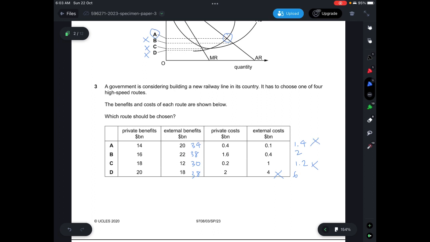So that leaves us with either B or D. And if you compare B and D, of course, the private benefits and external benefits are the same, but the private cost and external cost would be relatively lower for B instead of D. Therefore, the answer here would be B, right? So you try to maximize your benefits and lower your costs as much as possible when it comes to cost-benefit